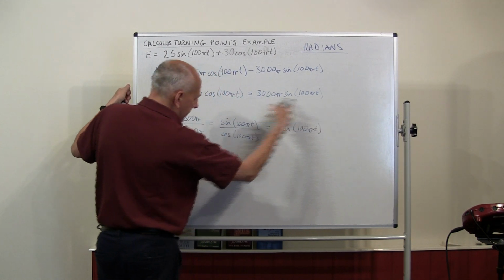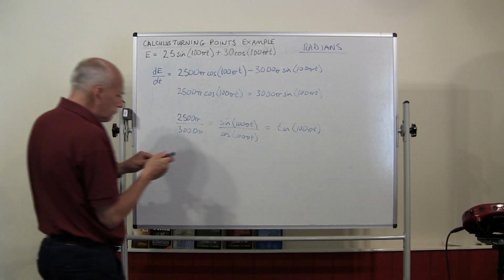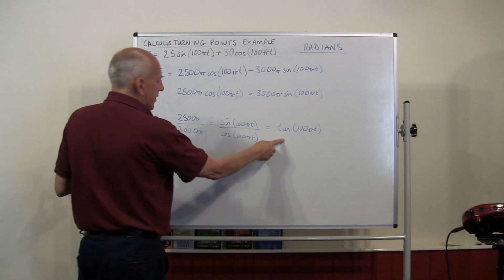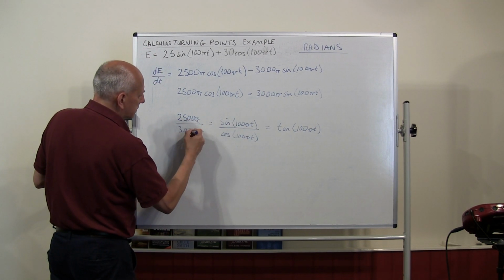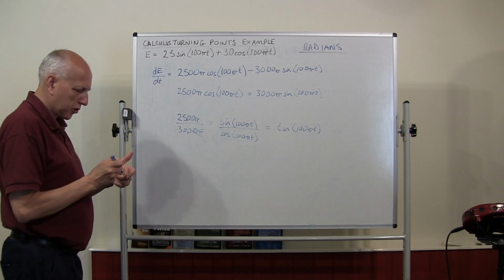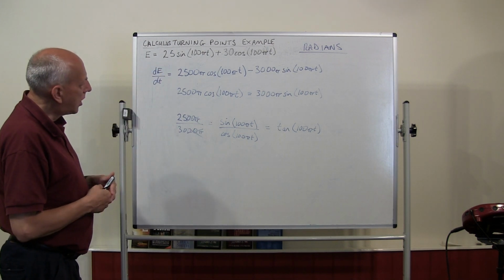So that part there is a trig identity, this bit here. So in other words, that equals that. Now this will cancel, so leave me 25 over 30. So I'm almost back where I started in regards to here. Okay,